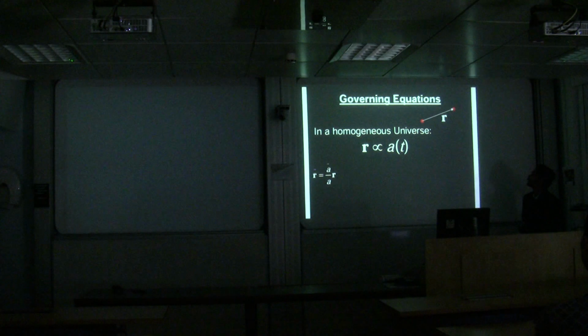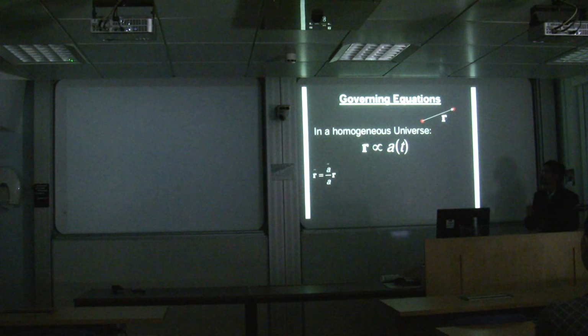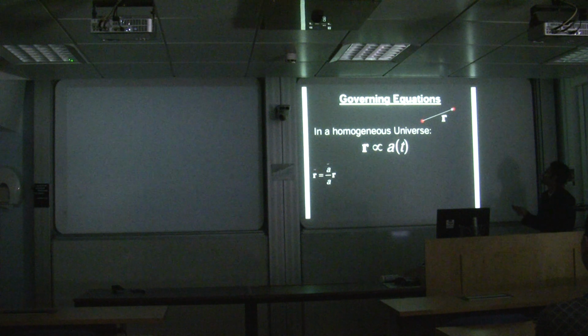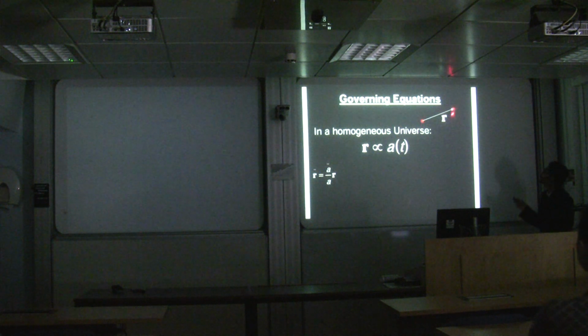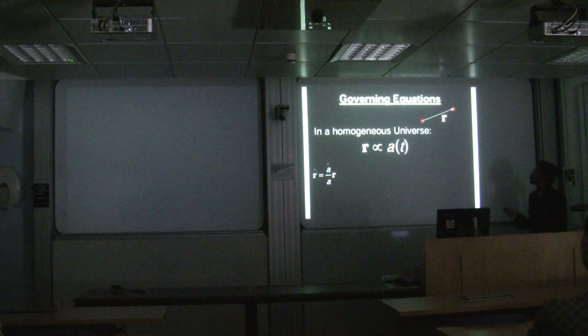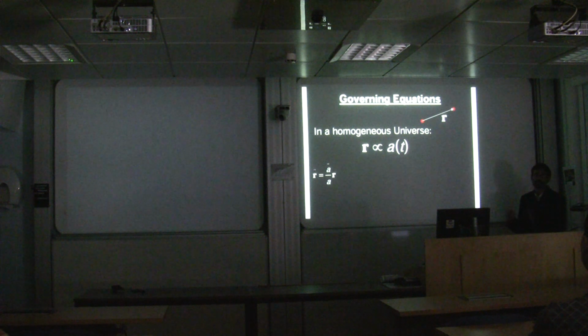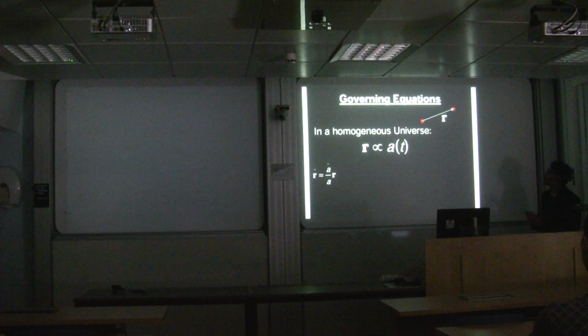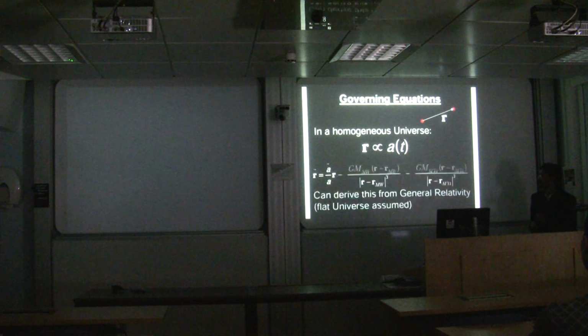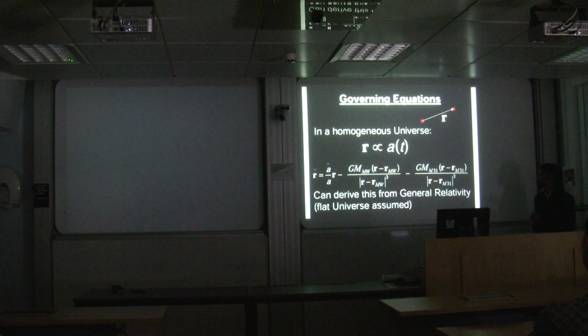So we'll just get going with the equations governing this system. First of all, you have to remember in a homogeneous universe, if you have two test particles with some kind of separation vector r between them, then the length of it just scales with the scale factor of the universe. So it's just a homogeneous expansion. Therefore, you're going to get this equation of motion, right? So if you add in gravity from the Milky Way and Andromeda, you add in, of course, these two terms. You can derive this from general relativity if you like, but you can think of it in Newtonian terms as well,